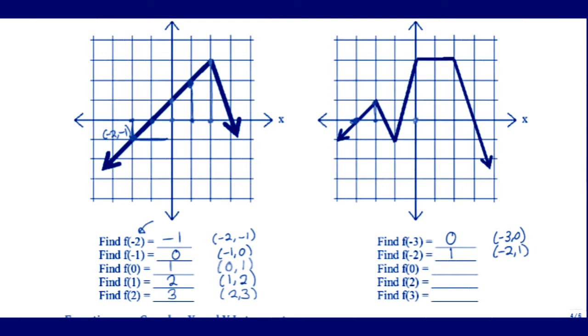For f of 0, I go to 0 on the x-axis and look up or down in order to find the corresponding y value of the function. In this case, when x is 0, y is 3, and the ordered pair there would be (0, 3). For f of 1, I'm going to the x-axis and looking up or down in order to find the corresponding y value on that graph, which is again 3. And lastly, f of positive 3, I look at 3 on the x-axis, which happens to give me y